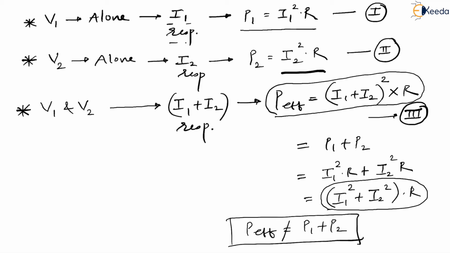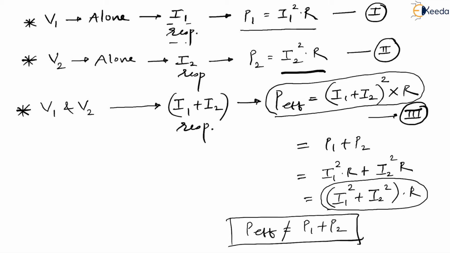So it proves that superposition theorem does not work for non-linear systems or non-linear equations. Since power gives you a non-linear equation, it introduces a square term. So because of that, it becomes a non-linear equation, and superposition theorem works only for linear systems, linear equations. I hope things are clear. Okay, but that's not our answer. We have only understood and I have only proved that superposition theorem is not applicable for power.